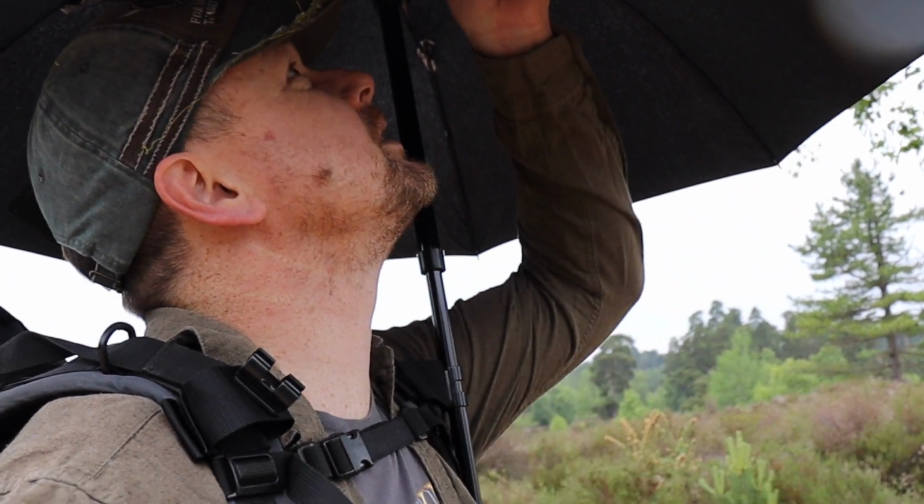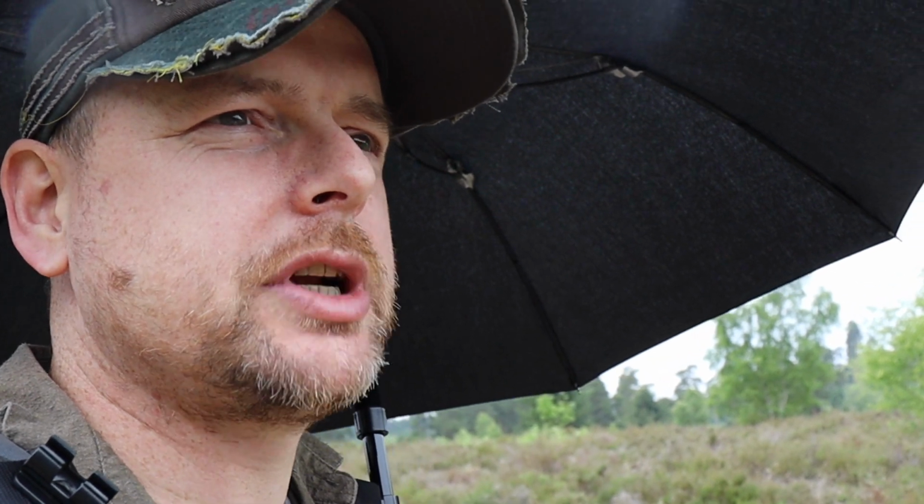I'd say I've been under one of these before I bought this one, and the wind was pretty strong, the rain was really lashing down, and it stood up fine. I say all this high strength fiberglass fixings and things up here, they can take a bit of a beating. So I've got no worries on that score. So the name of this particular one is a EuroSCHIRM hands-free telescopic trekking umbrella, I believe. They've got several different models,